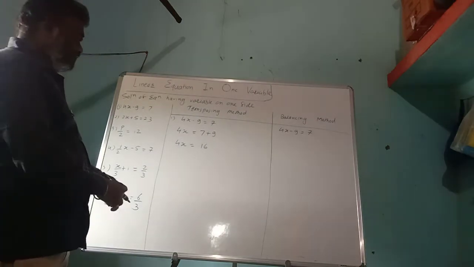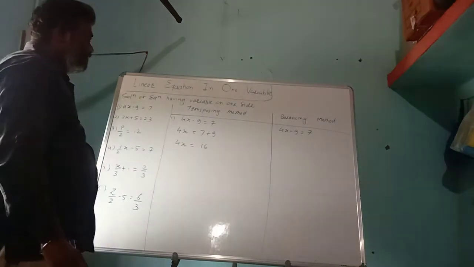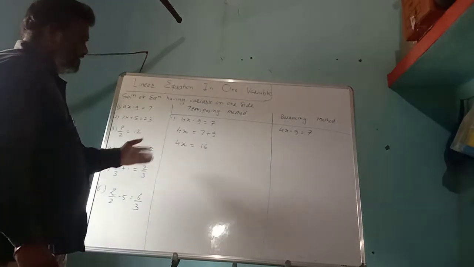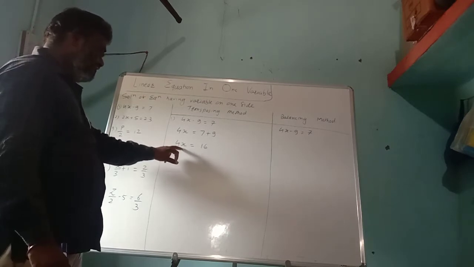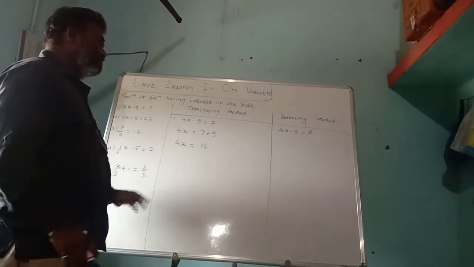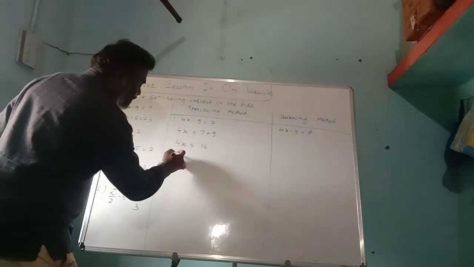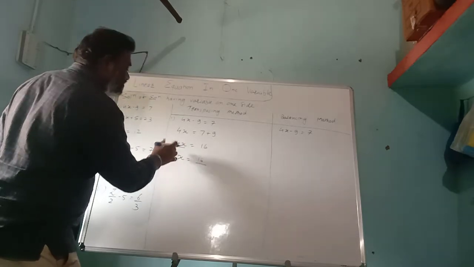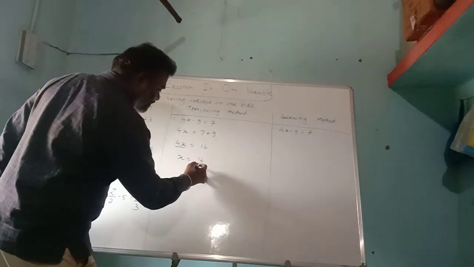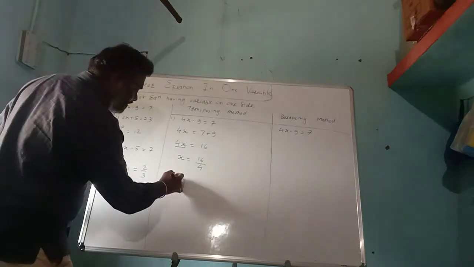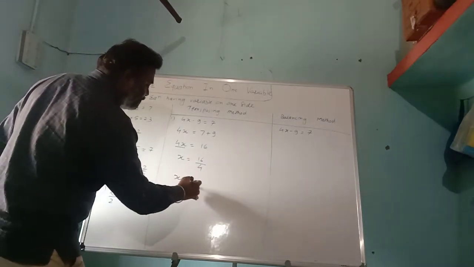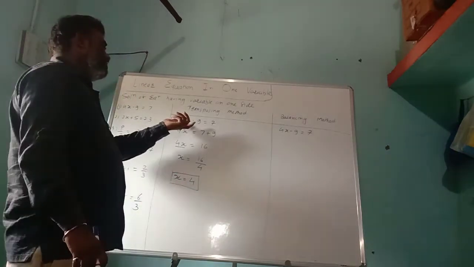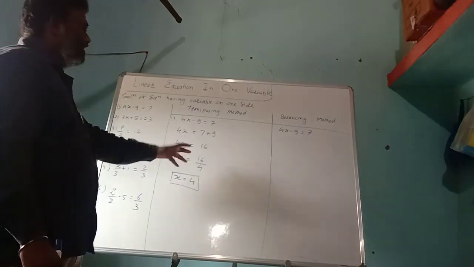Now, you know the rule. Here 4 and x are in multiplication. While transposing this 4 to the other side, that is the right hand side, it is in multiplication on the left hand side, so on the other side it becomes division. Hence x equals 16 by 4, which is 4. That is our required solution. Hence, we calculated the solution of 4x minus 9 equal to 7 by the transposing method.